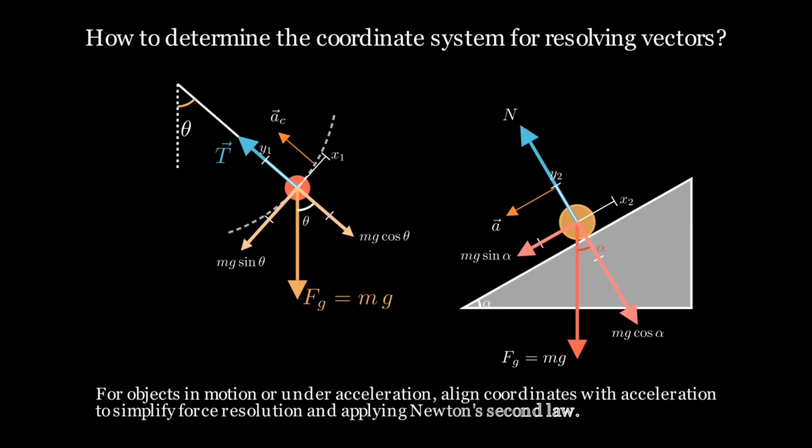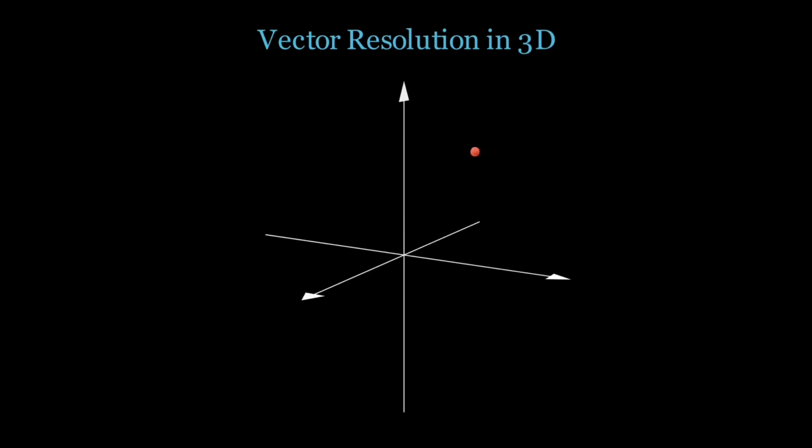So, whenever you're analyzing a system in motion, don't rush to work everything out in the generalized Cartesian system. First, figure out where the object in question is constrained to move, and thus the directions that reflect actual physical interaction, and use that to define your axis, which may be rotated or shifted accordingly. This would not only make vector resolution far easier, but also more intuitive to actually understand how it plays into the motion itself. Now that we have seen some actual examples, we can extend the principle of vector resolution to